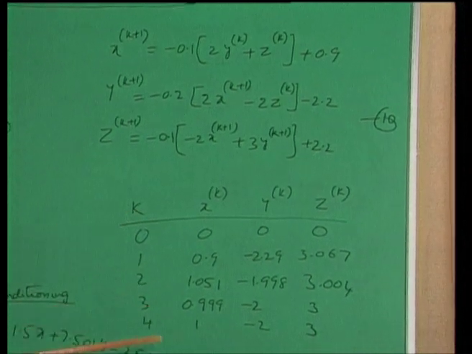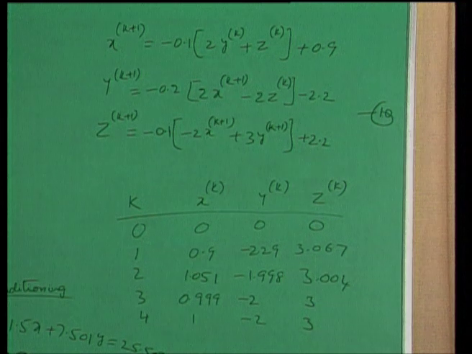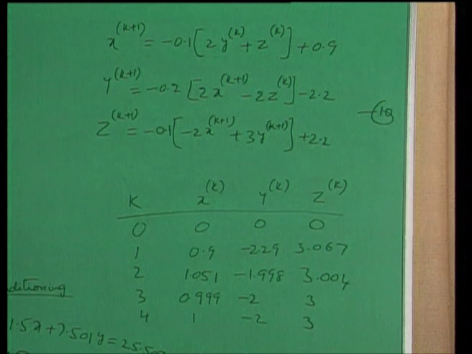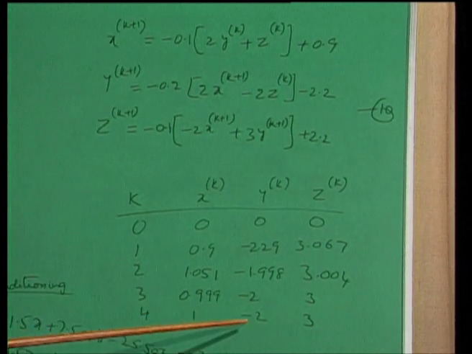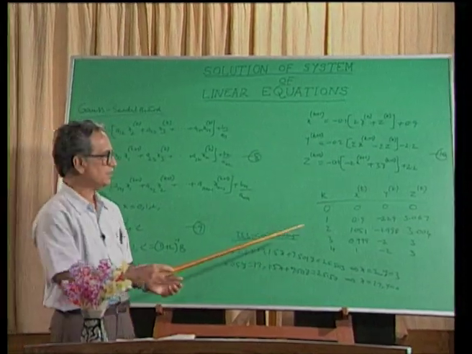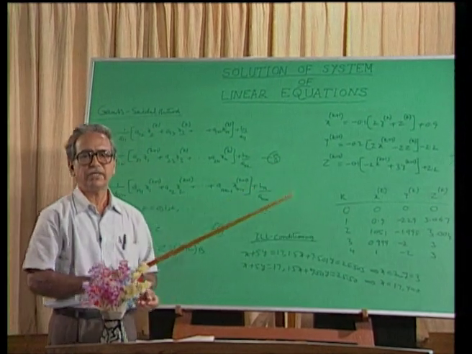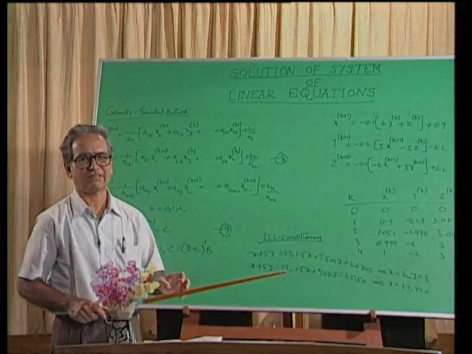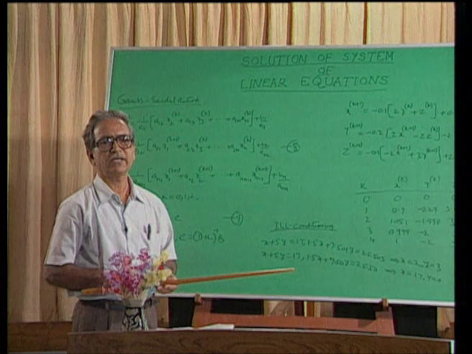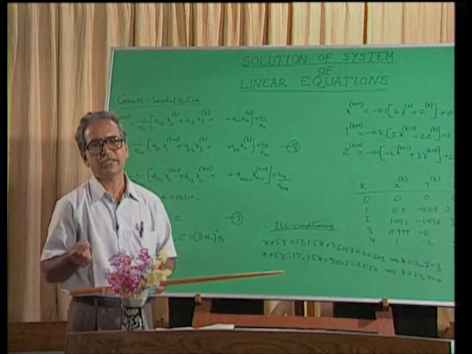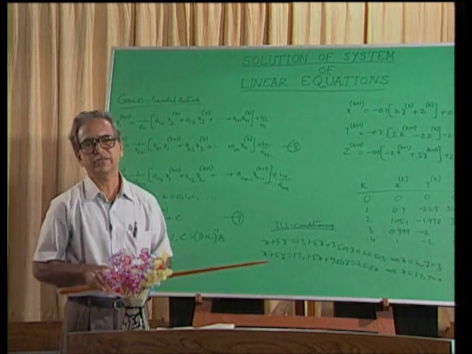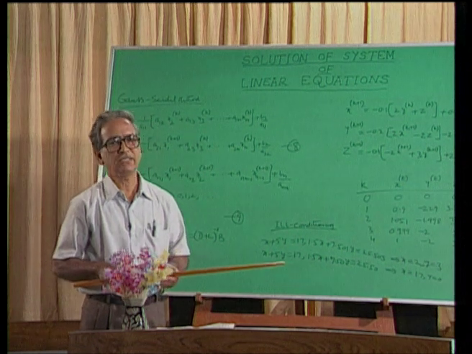We carry on this procedure until two consecutive iterations coincide. We see the third iteration and fourth iteration coincide, and therefore we have convergence, and the solution is x equal to 1, y equal to 2, z equal to 3, which can be verified by substituting in the given equations. Now see, in the Gauss-Seidel method, the required number of iterations for convergence is less. Actually we can show that if the coefficient matrix has diagonal dominance, both the Jacobi method as well as the Gauss-Seidel method converge, and the Gauss-Seidel method converges twice as fast as the Jacobi method.